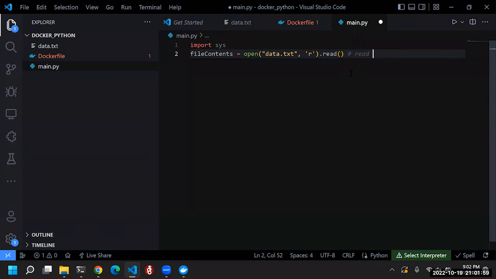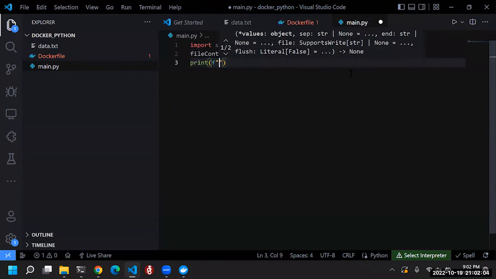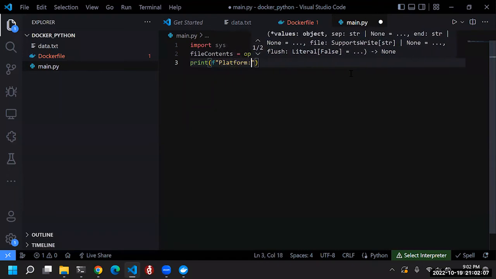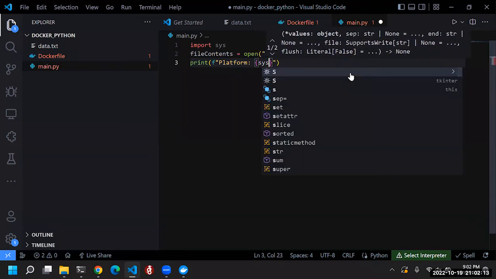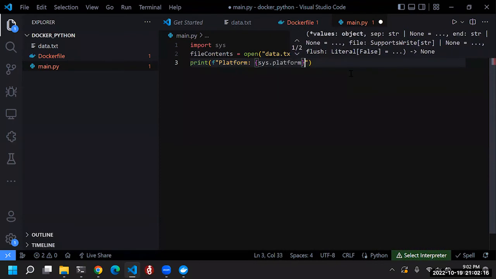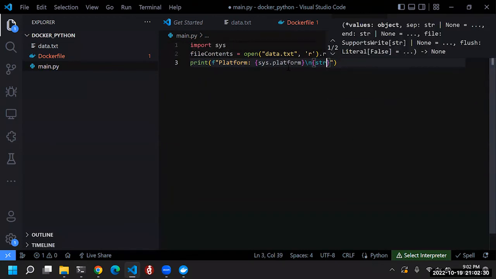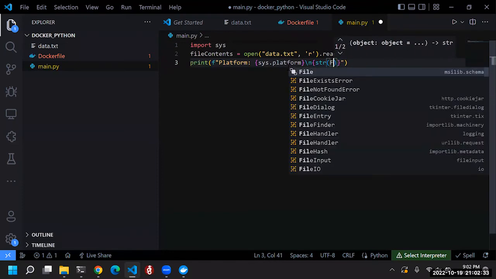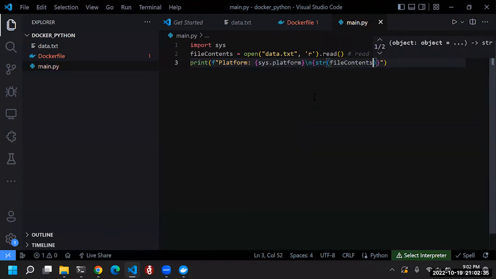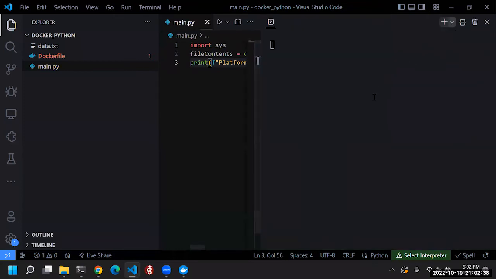So I'm just going to say read text file. Okay, and then I'm going to want to print everything out. So I'm just going to do an F string here. And let's say platform. So we're going to print out the platform, or the operating system, I guess. So it'll be sys.platform, and I'll show you what that output is. And then new line, we're going to do string of file contents. So if I were to run this right now, you'll see that